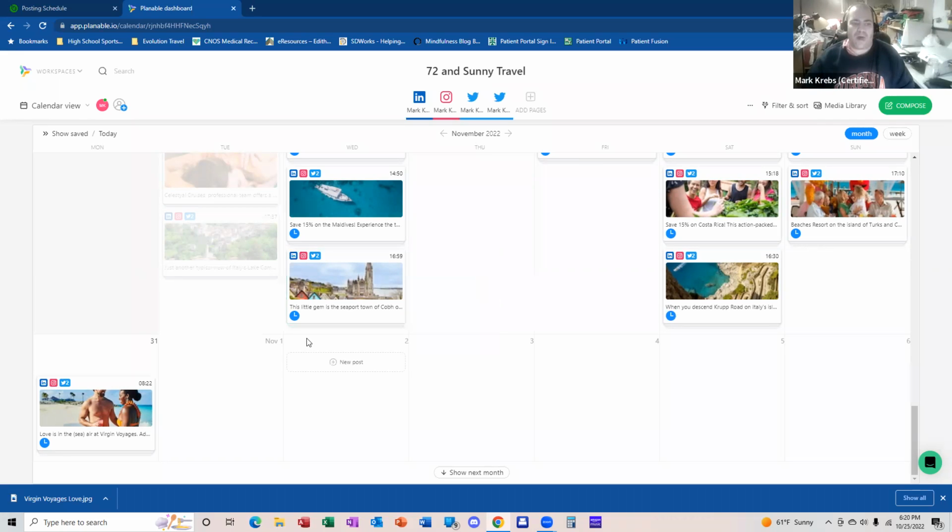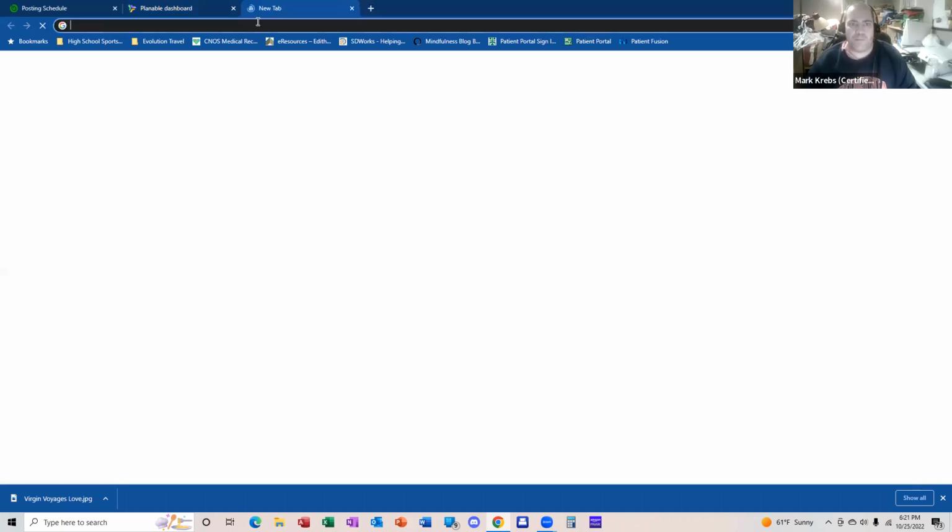That's how you post an ad from BranchUp to your Planable. It's very simple. It's basically copy, putting an image in. Now what I'm going to show you is you can actually put your